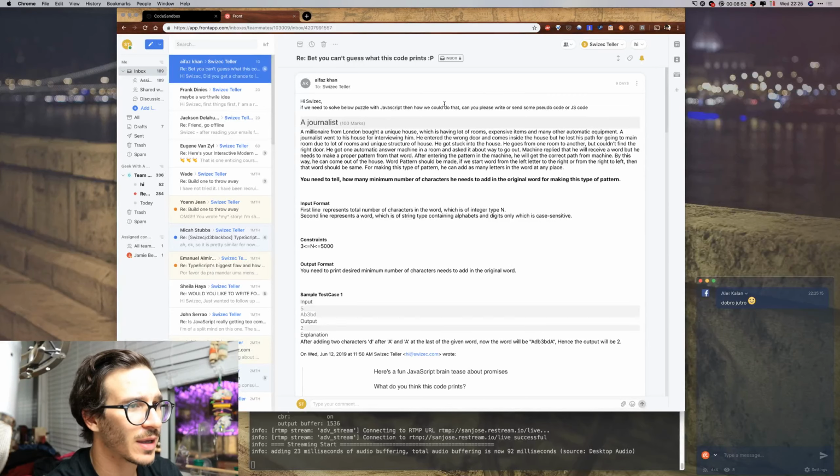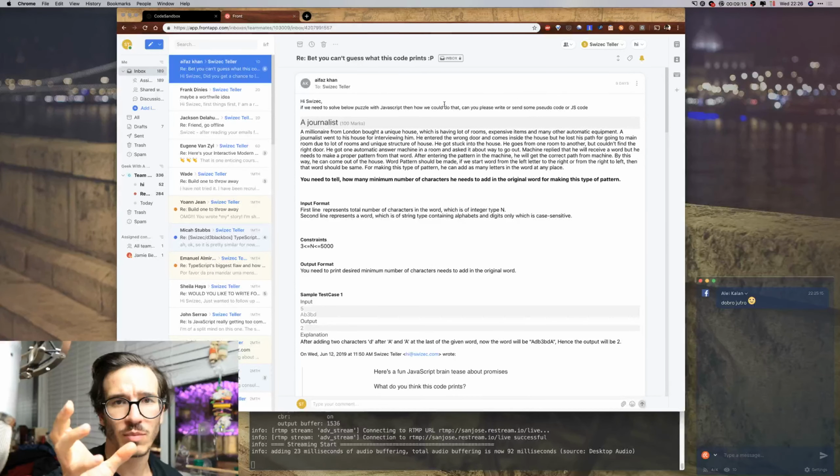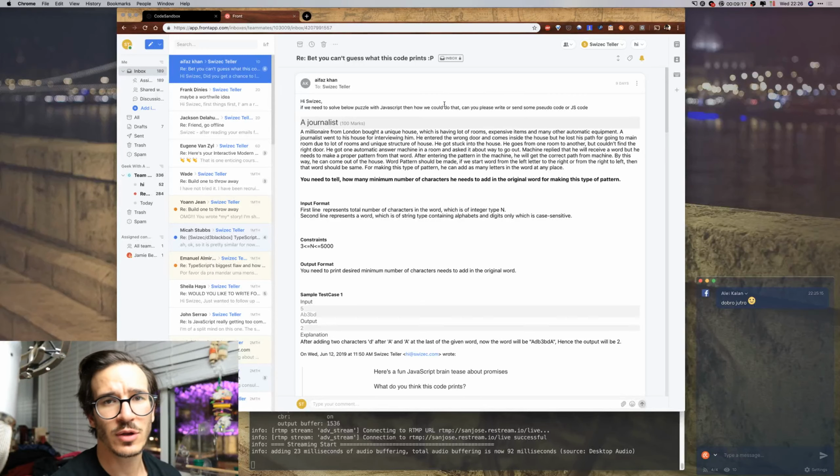After entering the pattern in the machine, he will get the correct path from machine. By this way, he can come out of the house. Word pattern should be made. If we start word from the left letter to the right, or from the right to the left, then that word should be same. For making this type of pattern, he can add as many letters in the word at any place. So basically, we get a sequence of letters,